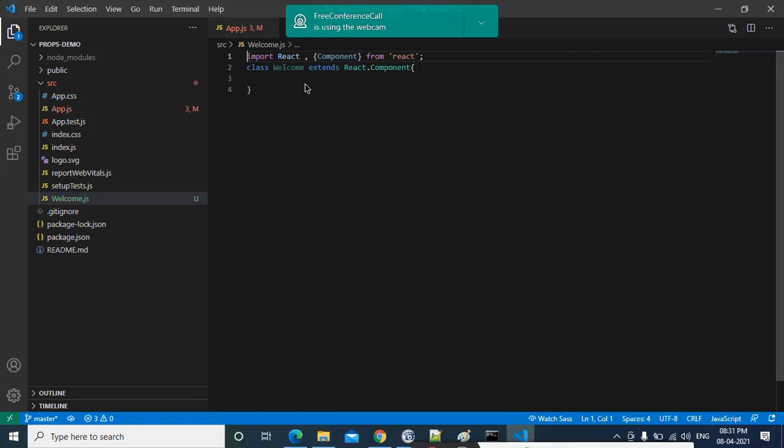Okay. So we created a component called welcome component. For this, we have to override the render method, right? I am expecting a prop as a name, a prop from the parent component. I mean to say, for this component, I am expecting